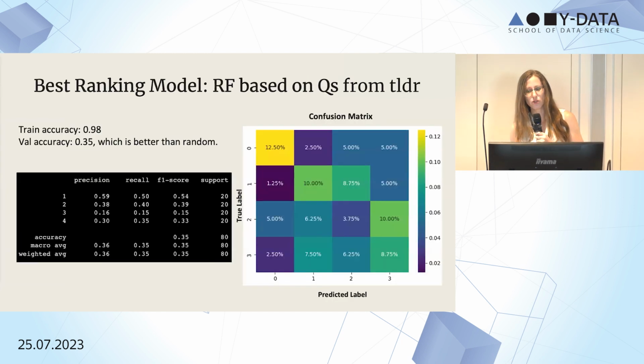So here's a closer look at the best performing ranking model that was based on questions from the summary using the Random Forest classifier. And we got, again, a test or a validation score of 35% compared to the 25% of random accuracy for 4 classes. You can see from the classification report and from the confusion matrix that this model performed the best predicting label 1 with 59% precision, and it really struggled predicting label 3 with only 16% precision. And if you remember from our EDA slide, Sveta mentioned that label 3 had an enormously short summary that might